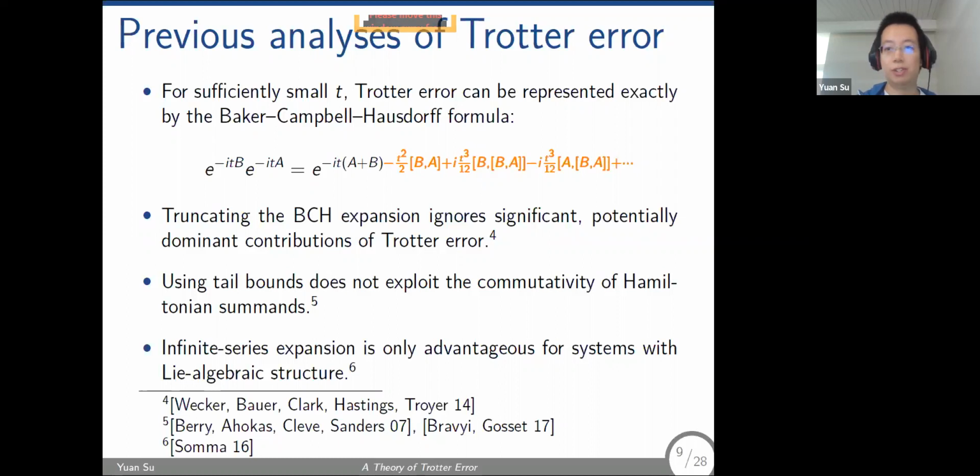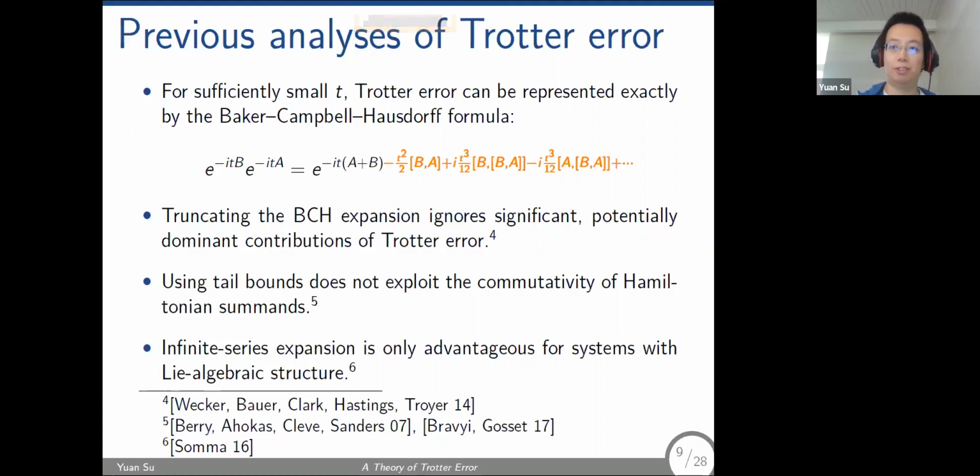Yet another approach that you can consider is to try to somehow do this summation in closed form. Let's say, try to compute this series directly. This turns out to only work for some special cases, like for example, systems with Lie-algebraic structures, but for other systems, actually you can't do that directly. So it turns out that unfortunately, none of the previous work will be useful for analyzing a general product formula